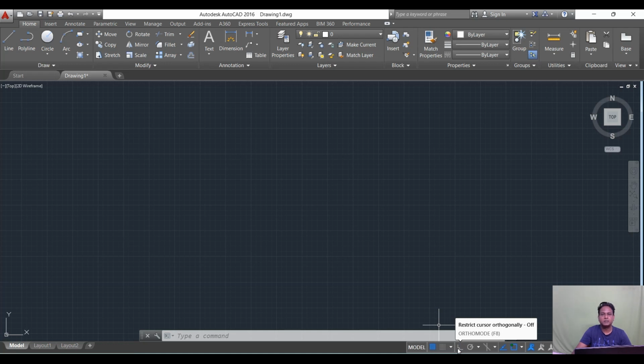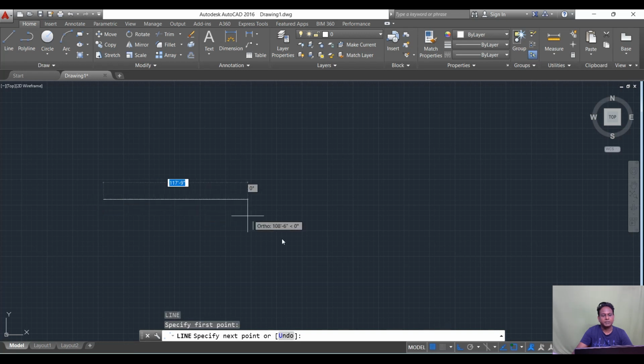So the thing is, if you want to create horizontal or vertical lines, switch it on. If you want to create inclined lines, switch it off. Very simple. What is the command? F8. Click on this. Now it is highlighted blue in color. Now go to the line command again. Now select your first point. Now see,